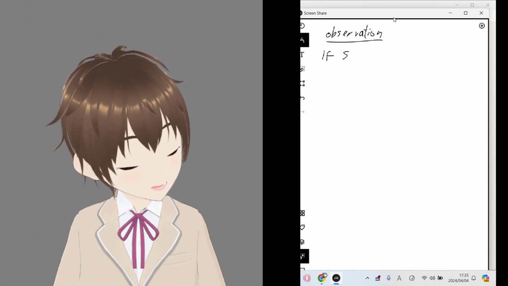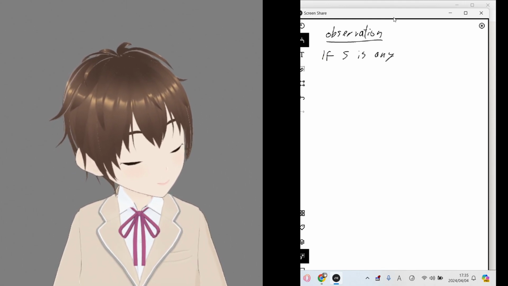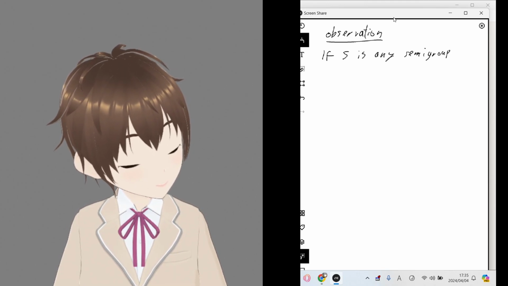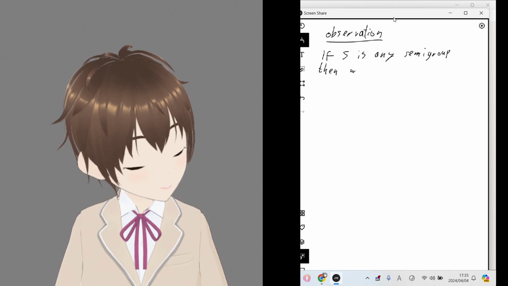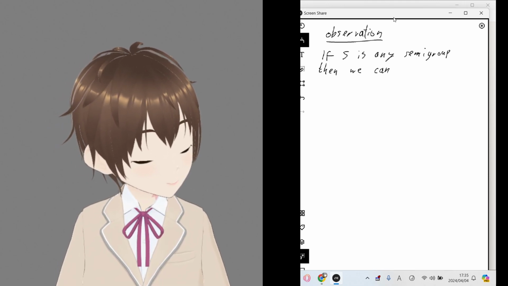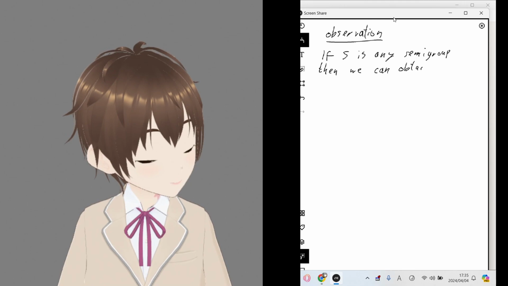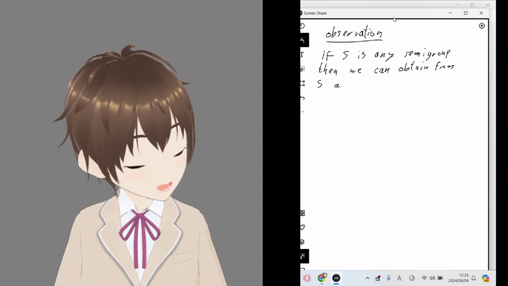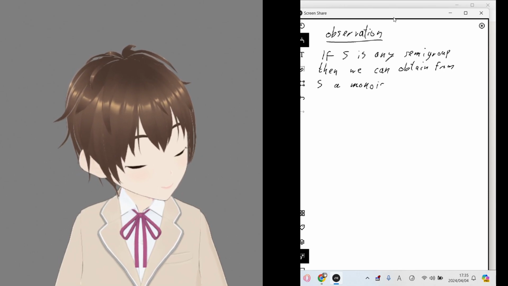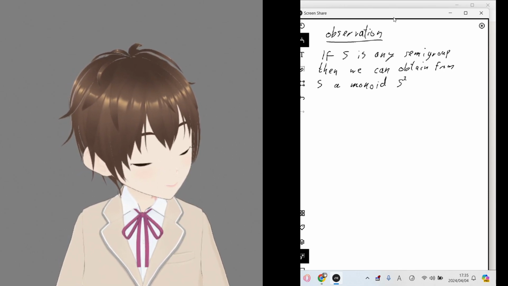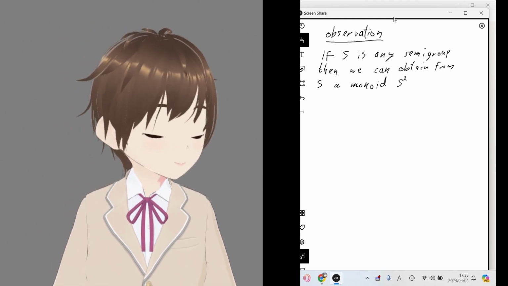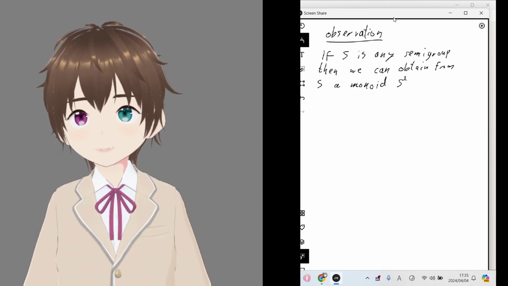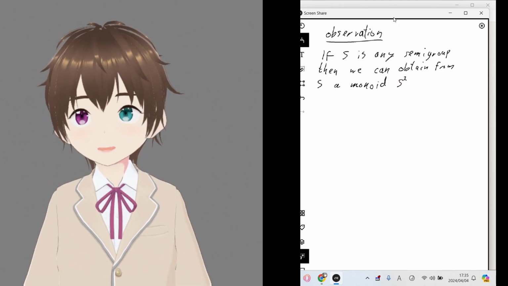If S is any semigroup, then we can obtain from S a monoid, S to the power of 1. This is what it's usually called. It's quite confusing, since the power of 1 often indicates you're not doing anything, but this is the standard notation for adding an identity,